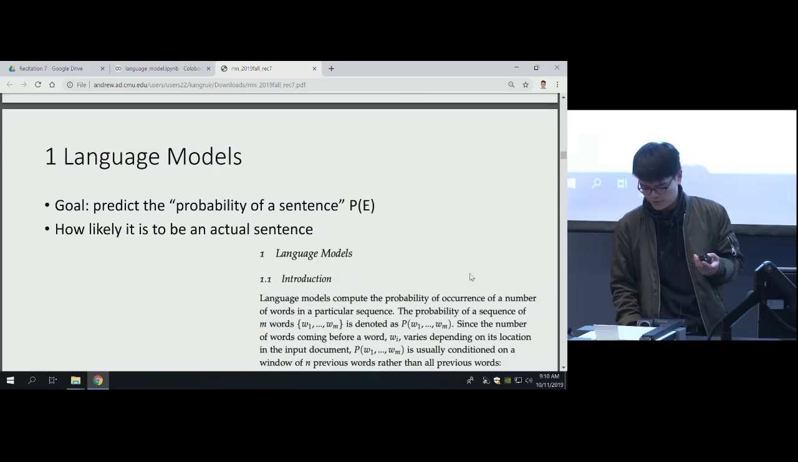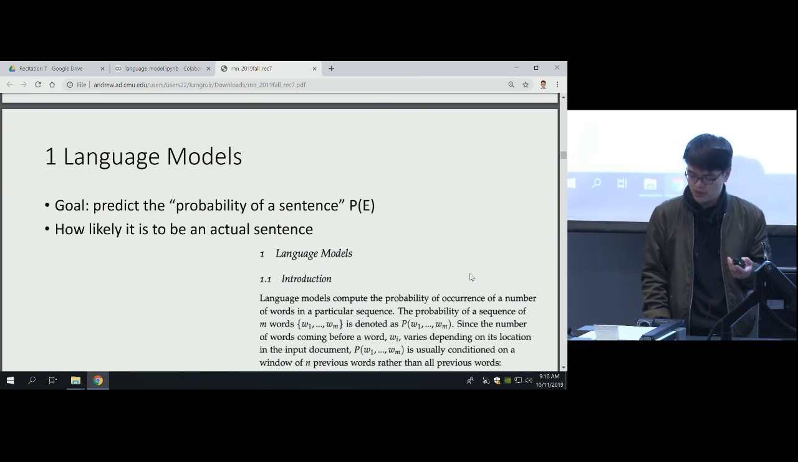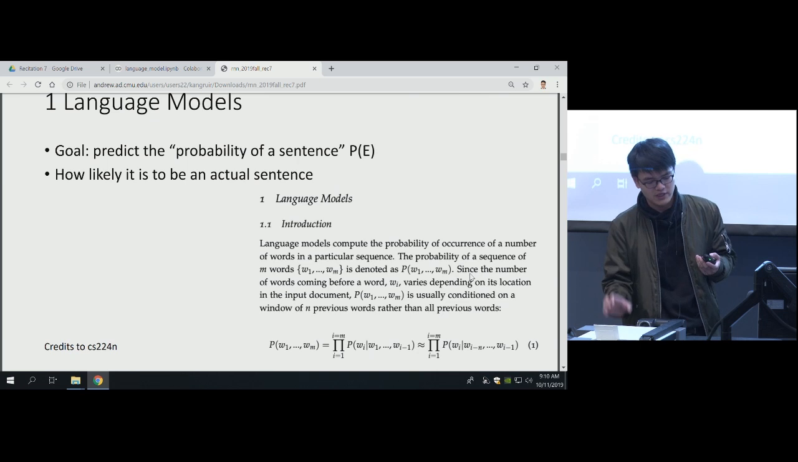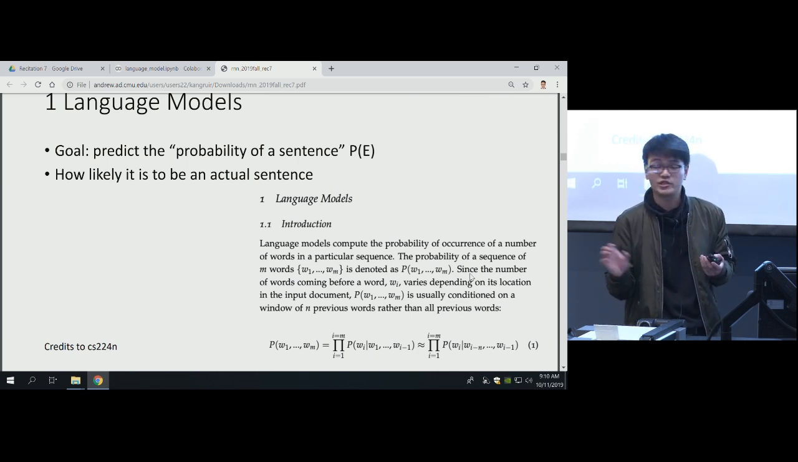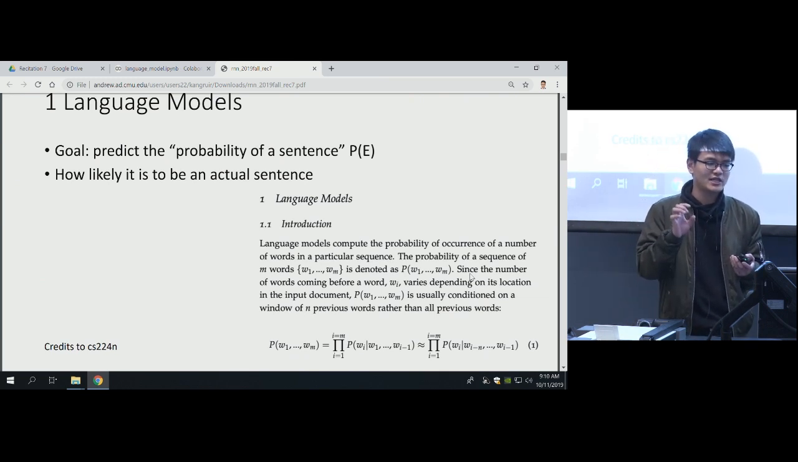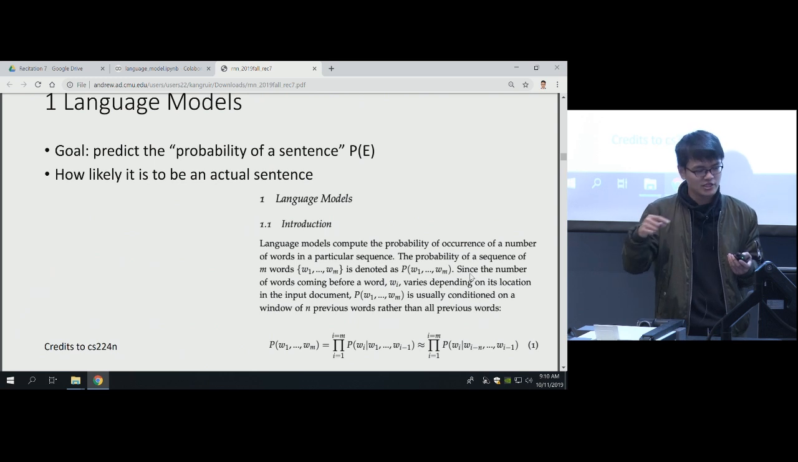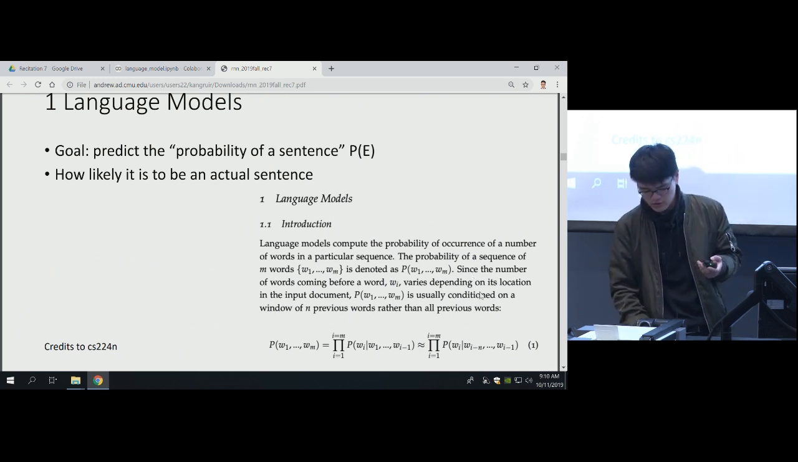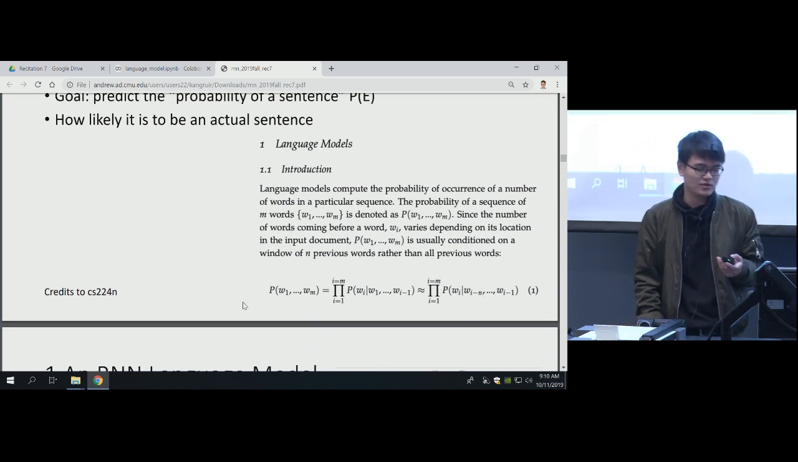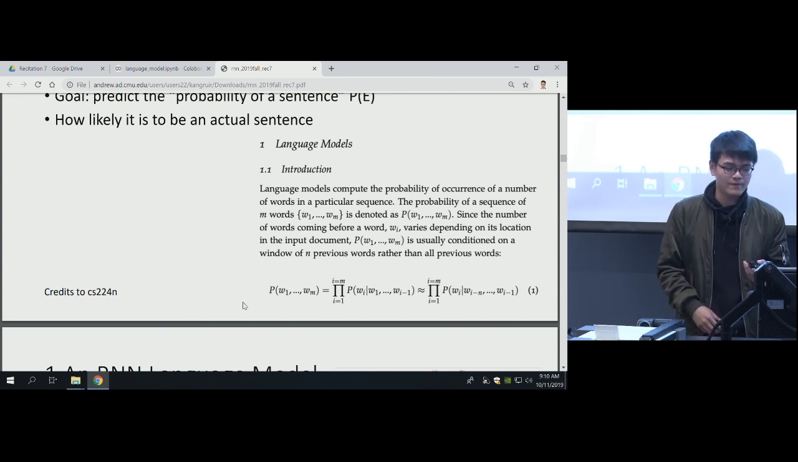Okay. So first, let's talk about the language models. The goal of this language model is to predict the probability of a specific sentence. It wants to predict the likelihood of the actual sentence. Okay, so here is just one quick image. Credits to this